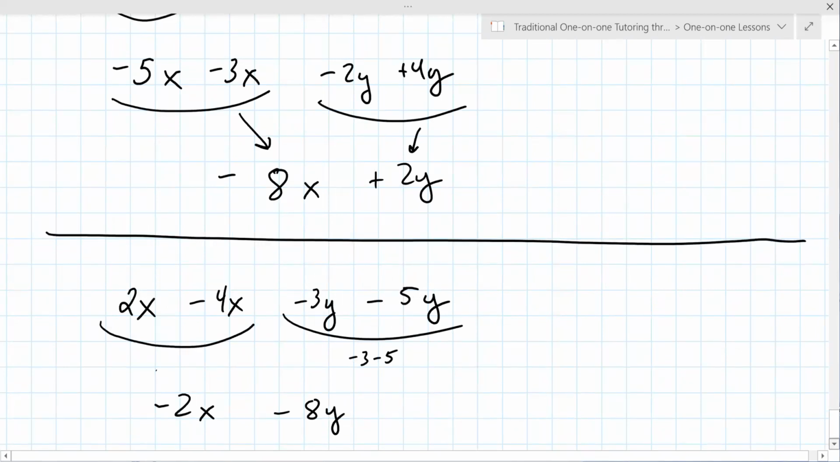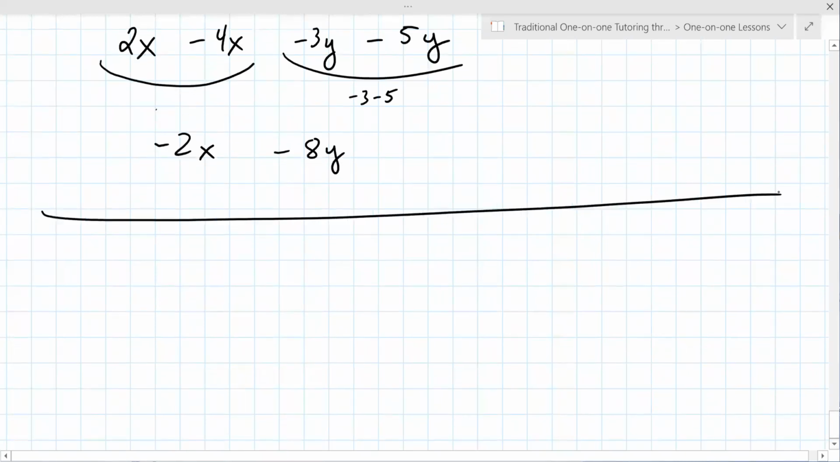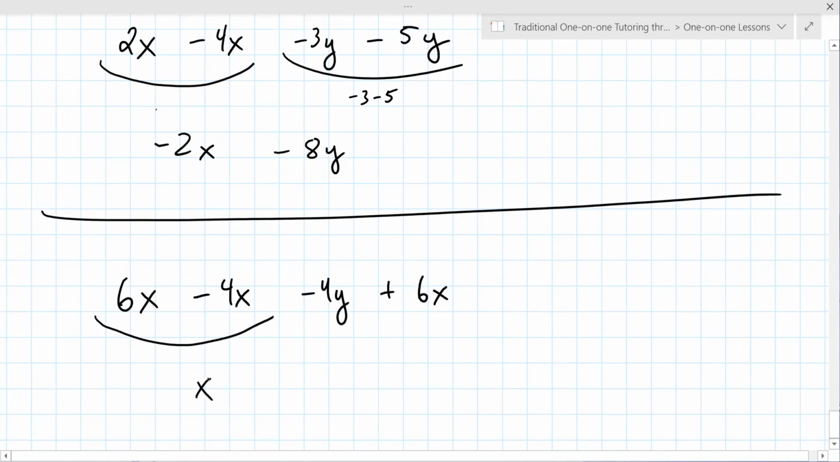Okay, so let's try another one here. 6x minus 4x minus 4y plus 6x. So just look at the numbers. Just focus on the numbers because the answer has an x in it. What is 6 minus 4? 6 minus 4. Yes. 6 minus 4, it equals